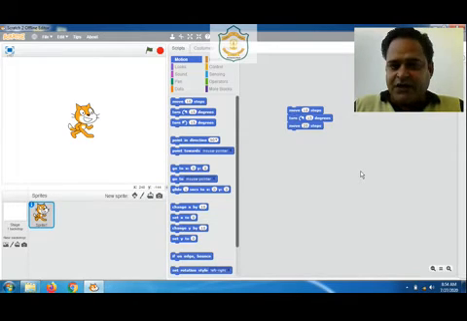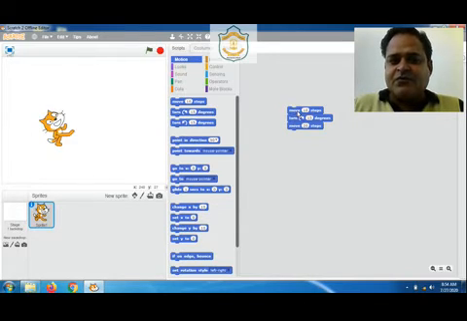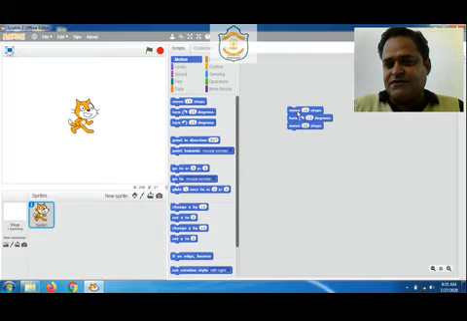Now in order to check what exactly these commands do, we simply click on any block in this script area. Keep clicking and watch your sprite on the stage. Now you can see our sprite is moving. This is motion. Why is it turning?